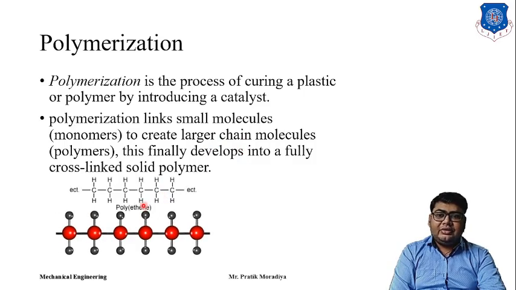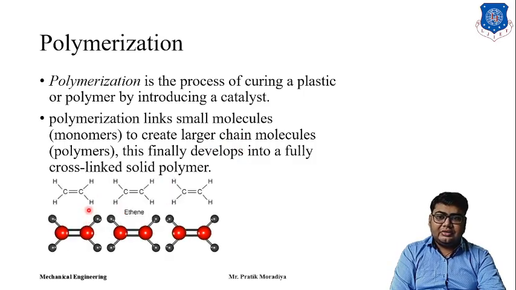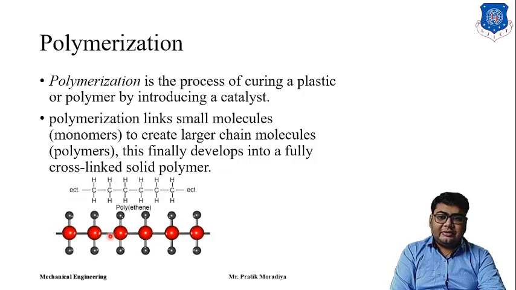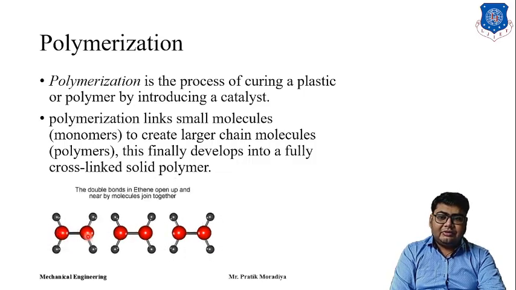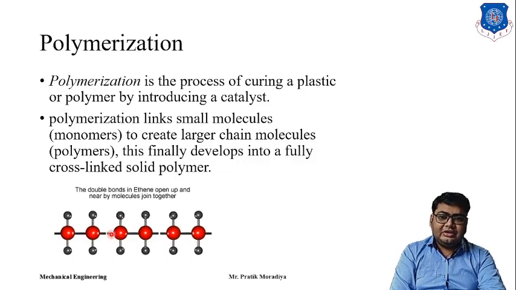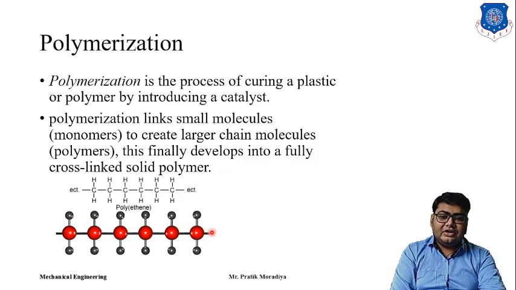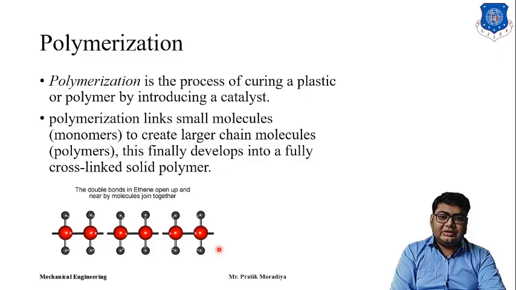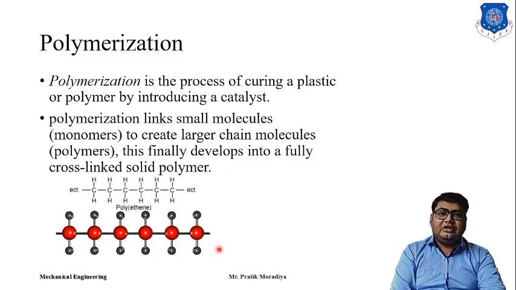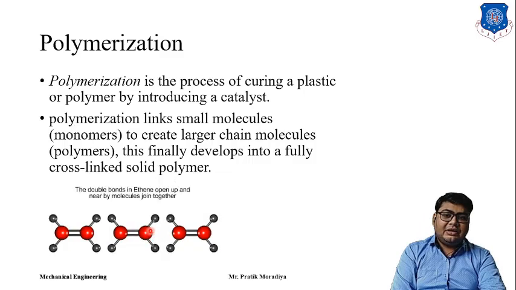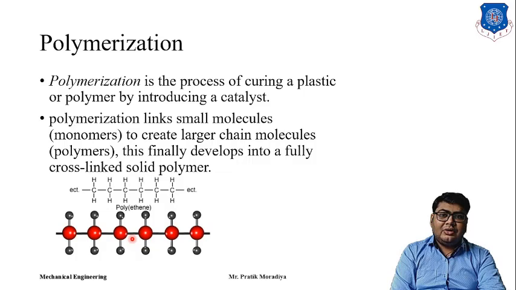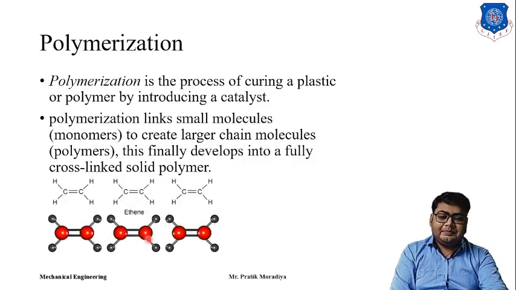Then what will happen? One of these bonds will break and it will extend to other atoms. So from one of these carbon atoms, the bond will extend to the nearby atom and they will form a long chain of molecules. So this is the simple physics of polymerization. I am sure you all have studied this process in detail previously, but I just wanted to make sure that you all remember it or refresh the process simply.